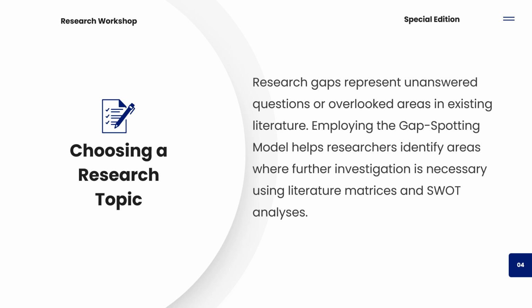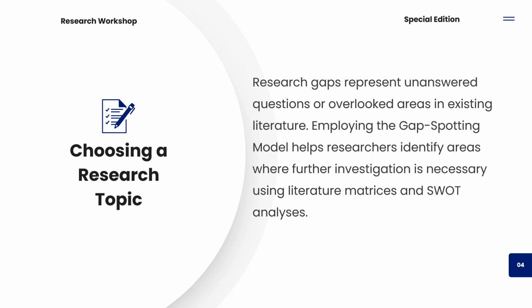The first thing you have to understand before you go about choosing any topic, remember we talked about industrial research and academic research, is that you are first of all going to identify a certain gap. So you all have your background. Let's say, for instance, you are in the banking and finance sector. That's your program. You are studying banking and finance, or computer science, or cybersecurity, whatever you are studying.